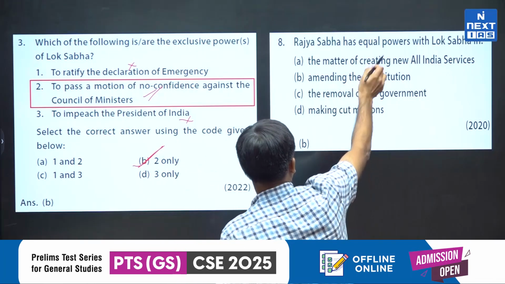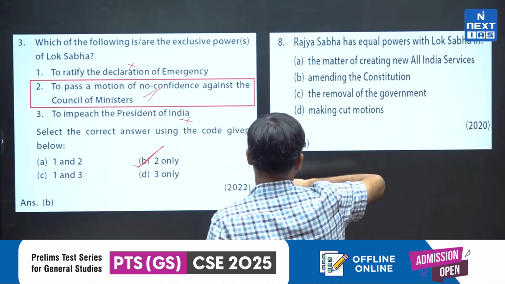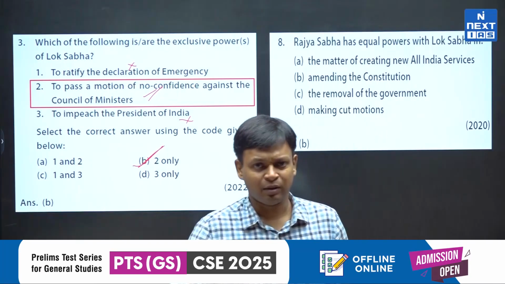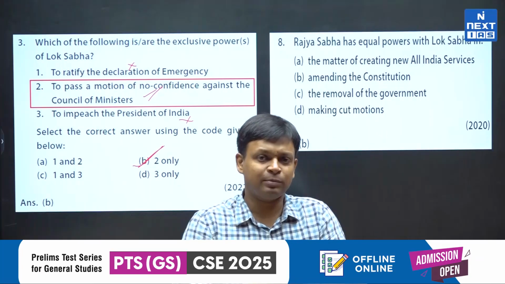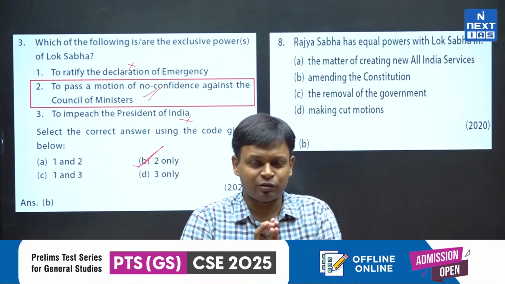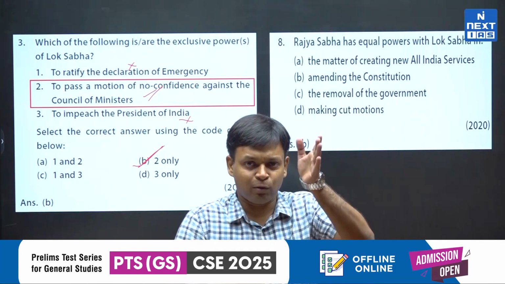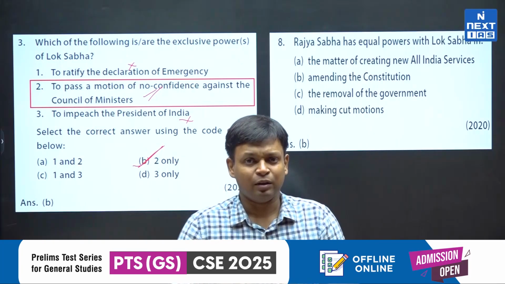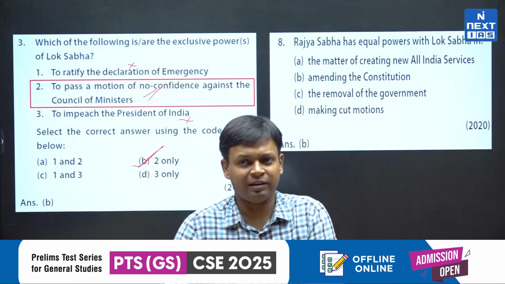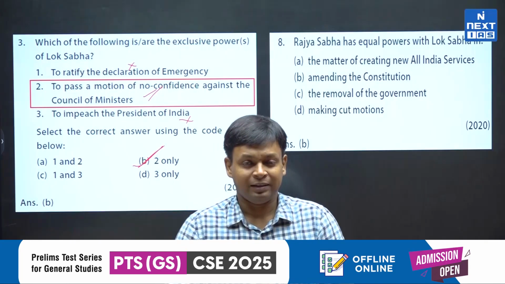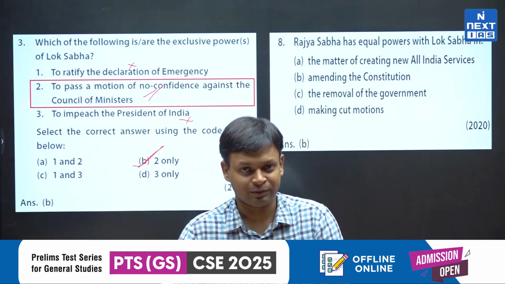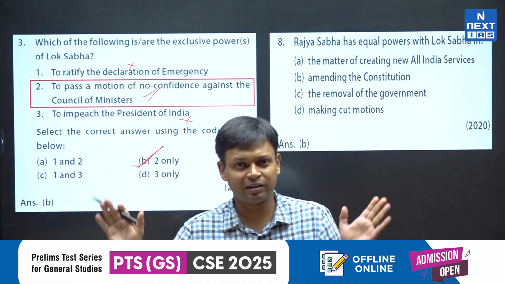Rajya Sabha has equal powers with the Lok Sabha in. So what is again happening? So it is basically, the theme is same. Which house has got what powers? तो आप जब ये टॉपिक पढ़ते हैं लेजिस्लेचर का, you study about what are the powers where Lok Sabha and Rajya Sabha has got same powers. What are the areas where Lok Sabha has got special powers and Rajya Sabha is not having those powers? Then you look at what are the areas where Rajya Sabha has got special powers and Lok Sabha does not have those powers. So you are getting this very clearly.